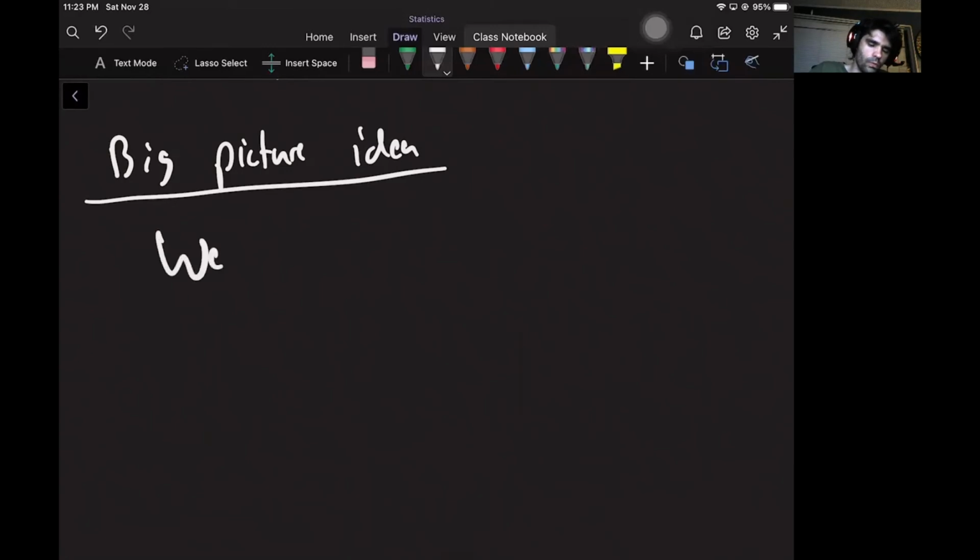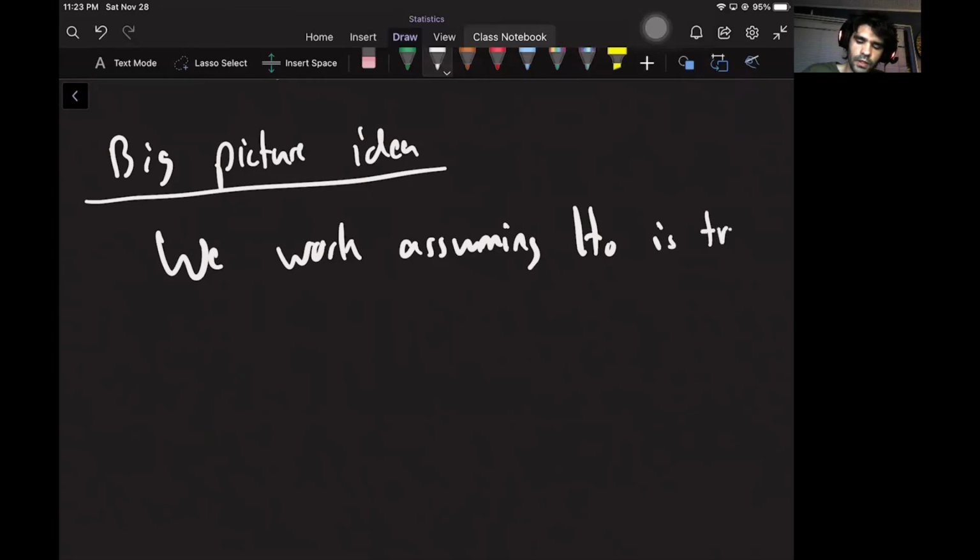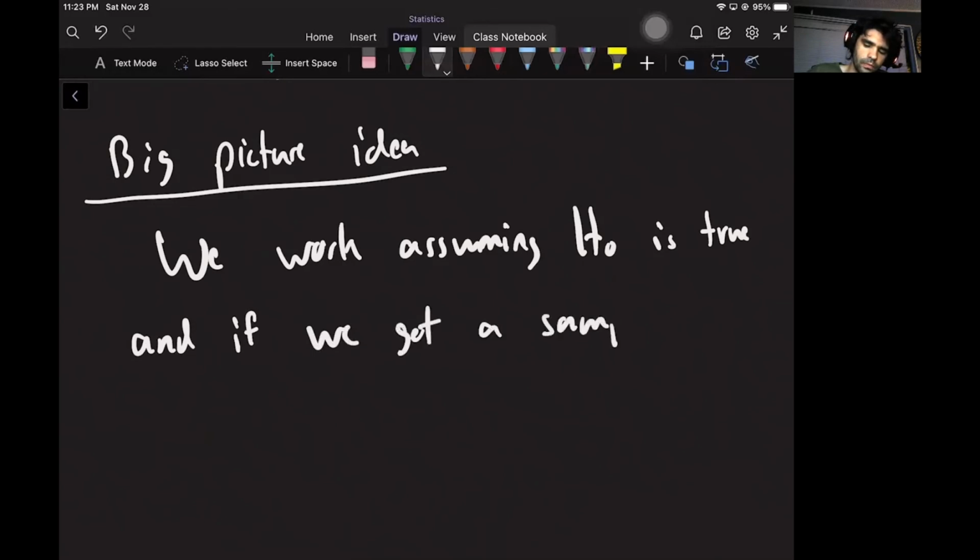So we work, or the researcher works, assuming H0 is true. That's the idea. You assume that H0 is the true actual answer of the universe. And then what we do, remember how we're supposed to get this sample. If we get a sample just crazy enough, maybe being very loose with language here,